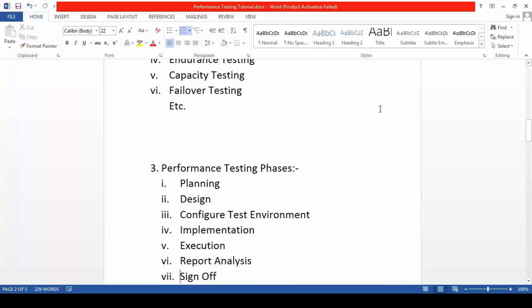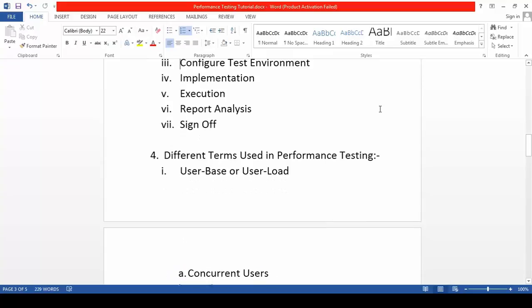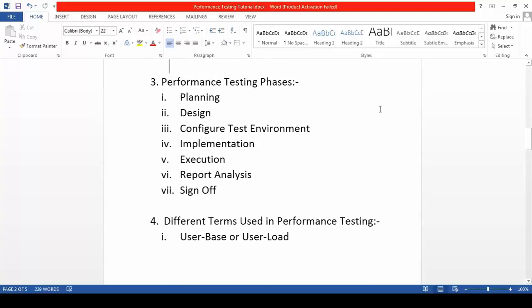The third one is performance testing phases. There are various phases of performance testing. First one is performance testing planning, where you have to get on a call with the stakeholders, the developers or the functional testers to understand the scenarios, the requirements, and the objective of this performance testing.